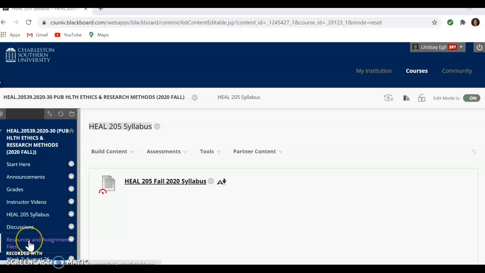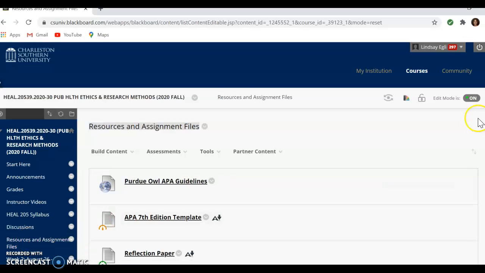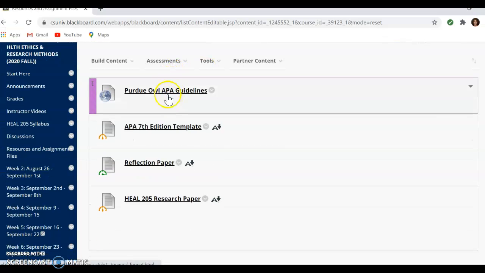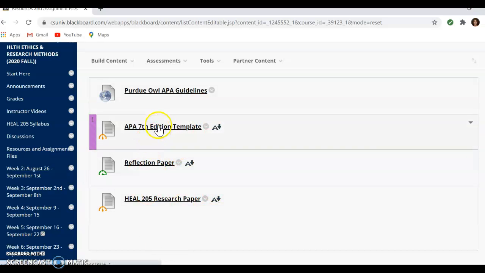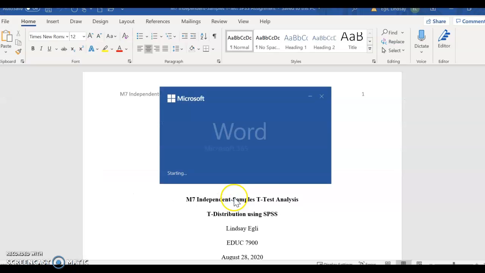First of all, if you come over here and you see resources and assignment files and you click on it, you guys can see the Purdue OWL APA guidelines, the 7th edition template, and then these two things are actually things that are due in the class. But if you click on the 7th edition template,